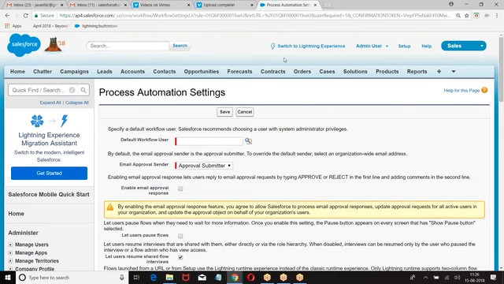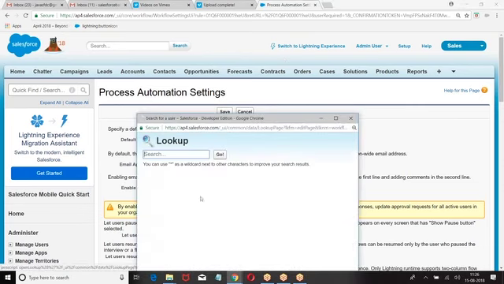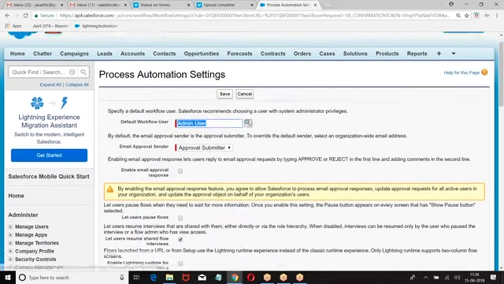If it is immediate, no problem. But you are saying run this action at a particular time. At that particular time, you may be active or inactive. You may be in the organization, may not be in the organization. That is the reason at the time of creating a time-based workflow rule, we are supposed to specify the default workflow user. So let me give it. Who is the default workflow user?